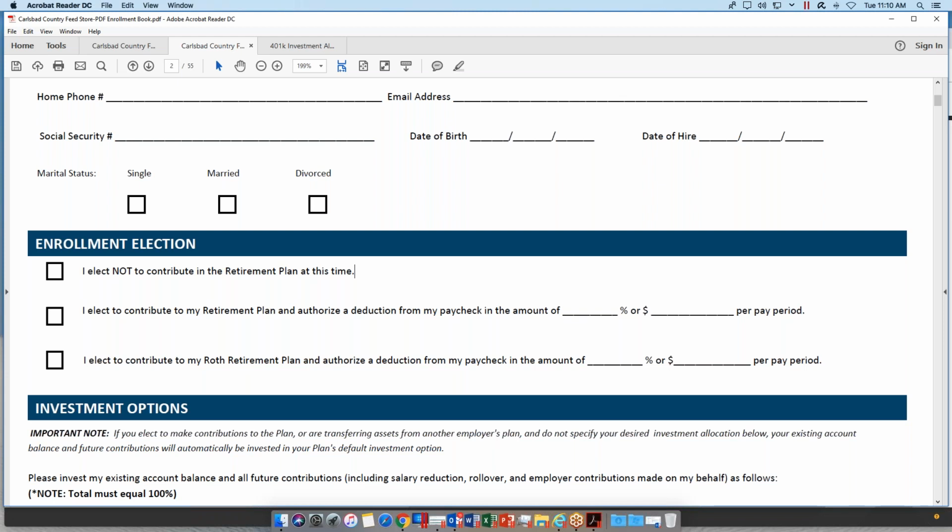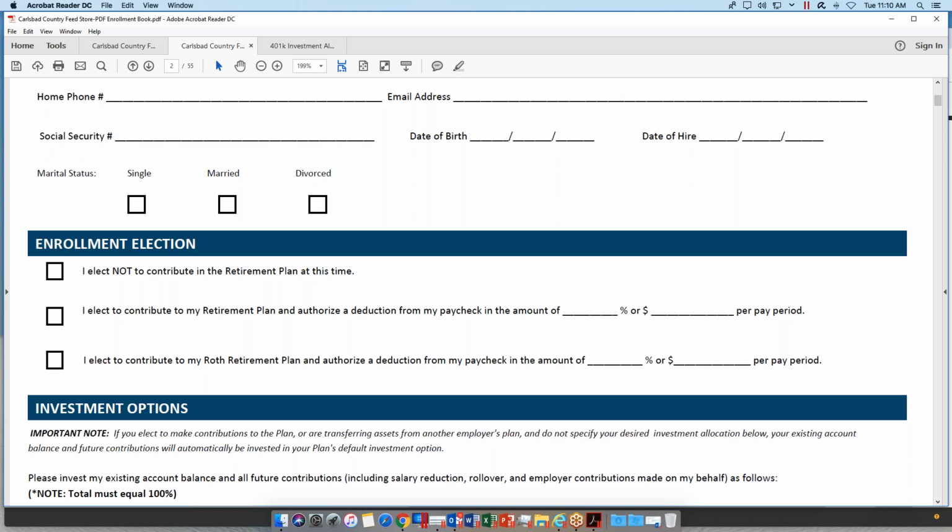One thing I did want to create some clarity around is that if you decide to do Roth, the company contribution, that company 4% maximum match, is always going to go into a pre-tax bucket. Because the company is not paying taxes on your behalf, it's going to put into that pre-tax bucket automatically. So if you were to, in this example, save, say, $60 into a Roth account, so $60 is